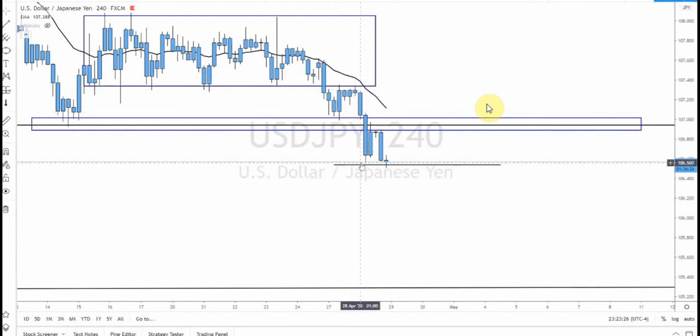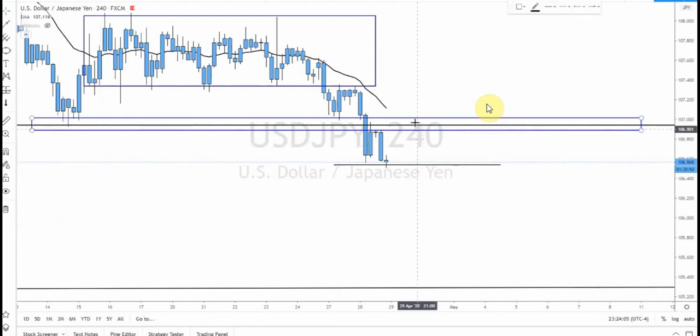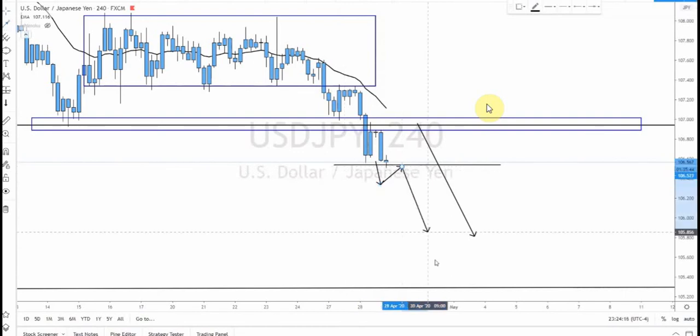How I see it is we impulsively shot past this level, tested, and now we're seeing a presence of buyers here. We'll see how this candle closes. It has an hour and 30 minutes left. But if it closes bullish, then I'm thinking this level is going to be quite a minor intraday support. And if I do want to get in on this trend, which I do, I want to see price come back. There's two probable entries here. I want to see it in here, or I want to see it break this, get some price action here,